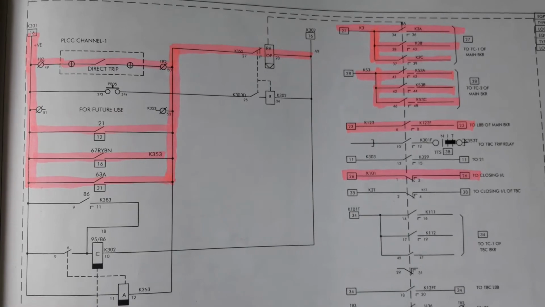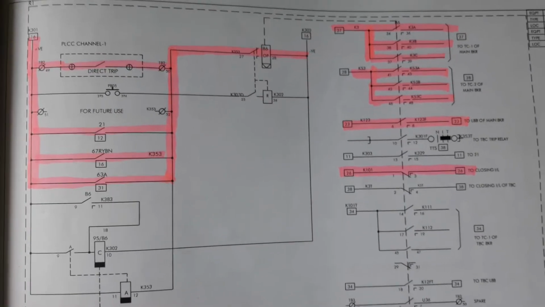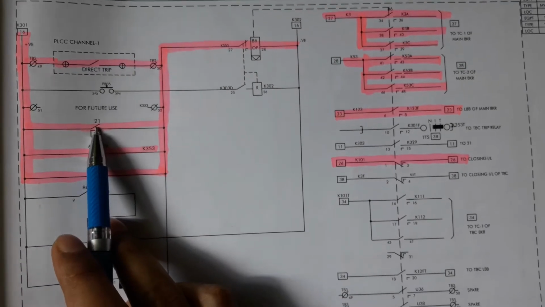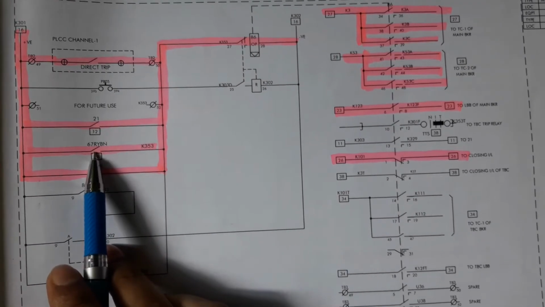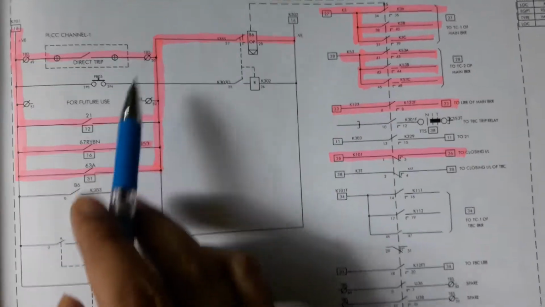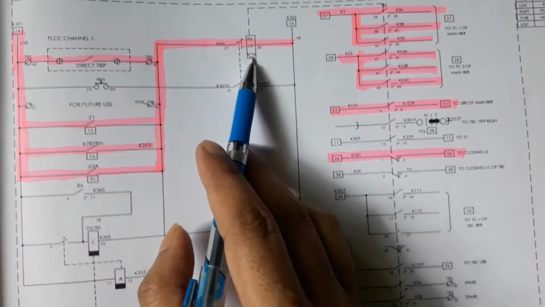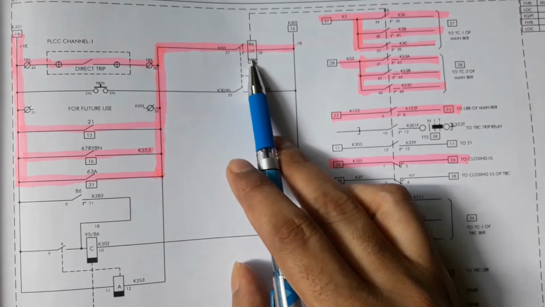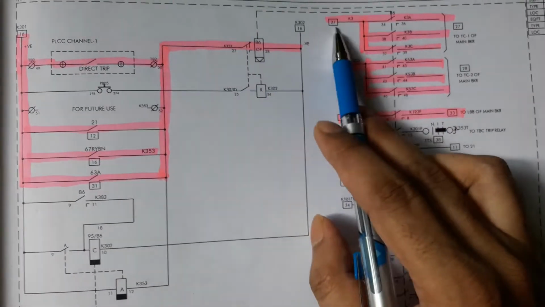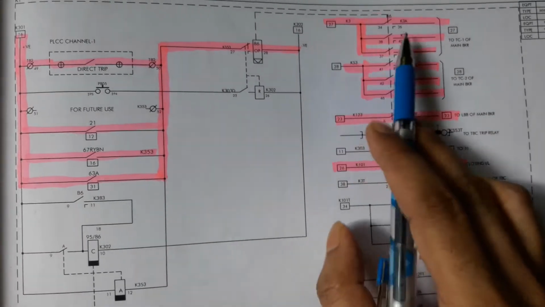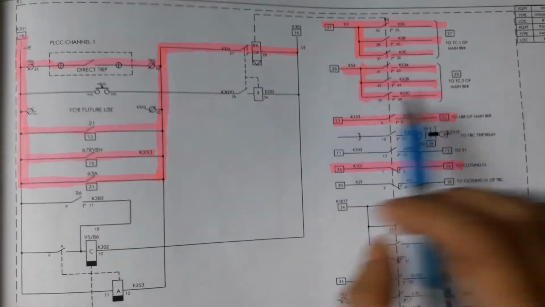This is the circuit diagram of a three-phase 86 relay. For a fault detected by distance protection relay or overcurrent relay, or if a direct trip is received in this bay, then the three-phase 86 relay will operate, and on operation of this three-phase 86 relay, trip pulse will be simultaneously provided to all three poles of the circuit breaker.